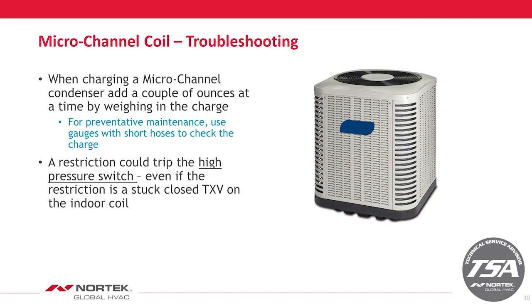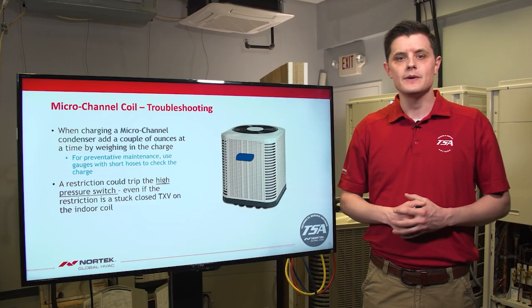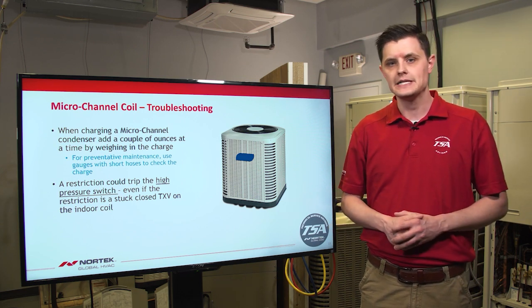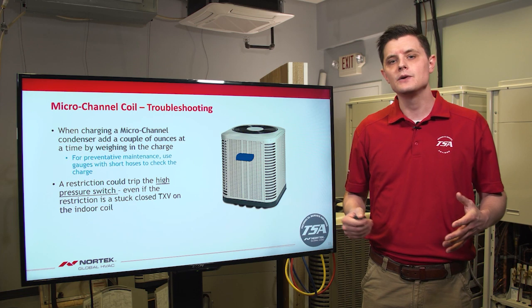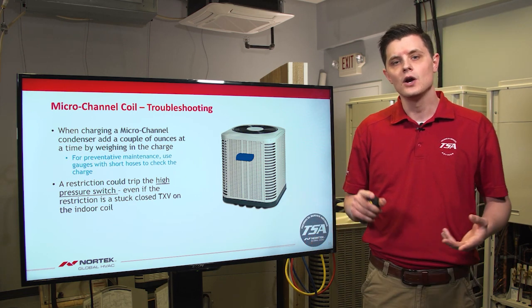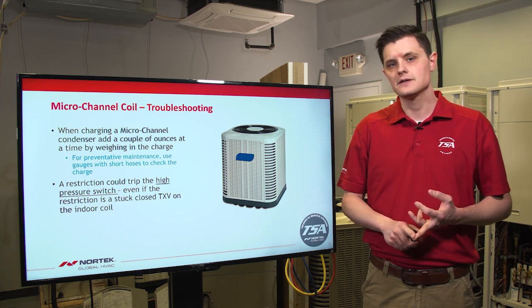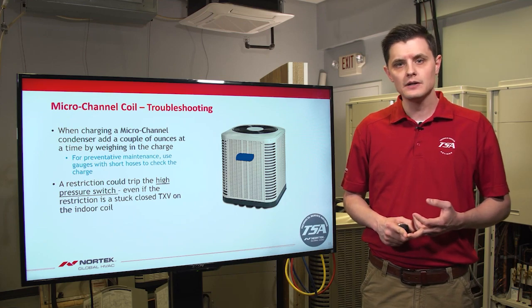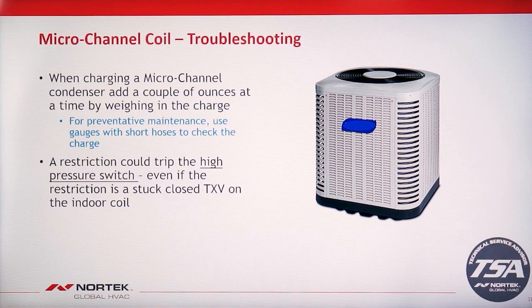A restriction could trip the high pressure switch even if the restriction is a stuck closed TXV on the indoor coil. Now, this is going to be a common call that we get into tech service through spring startup and along during our summer season. So what ends up happening with microchannel in a restriction, if you have a restriction at the TXV or if you have a piston that's gummed up, basically what you'll end up doing is stacking refrigerant on your liquid line, and then you'll end up filling up your condenser with refrigerant,